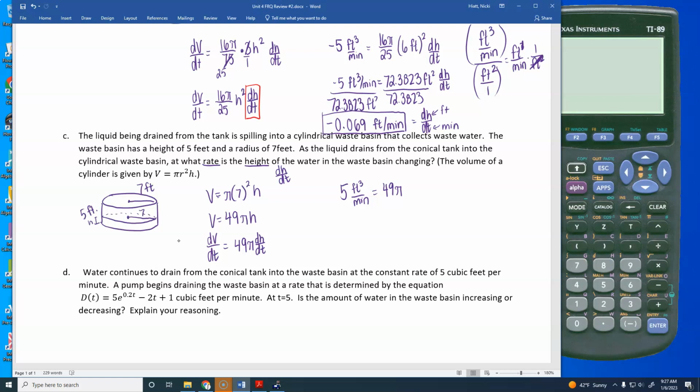What's happening with units on this? Yes, because I should have put feet. Yes, 49 pi feet squared. I should have put feet when I plugged in dH/dt. Again, you can ignore the units till the end if you want. You don't have to do that. So if you divide by 49 pi square feet,